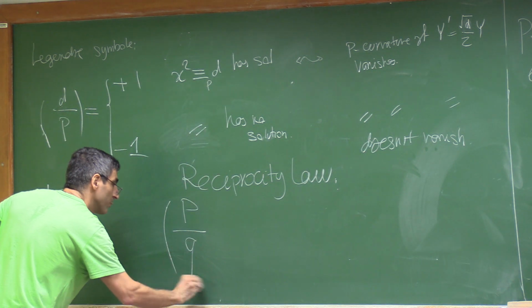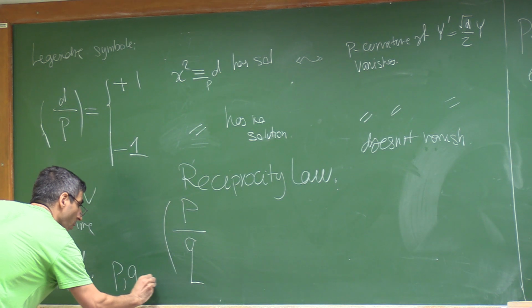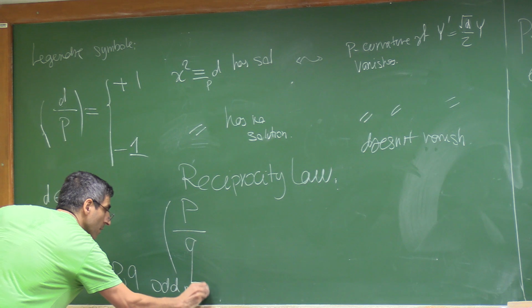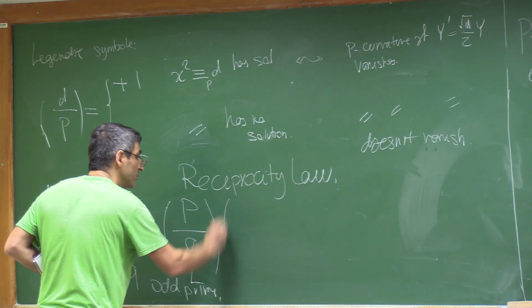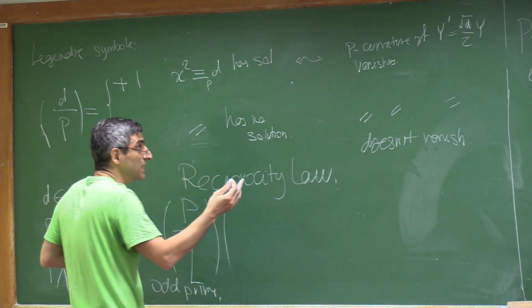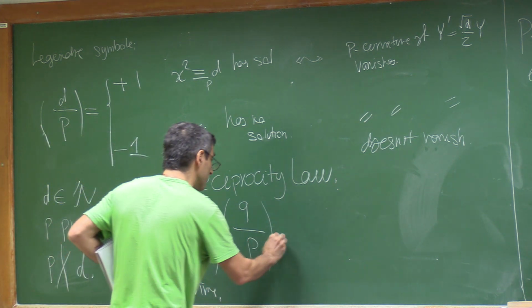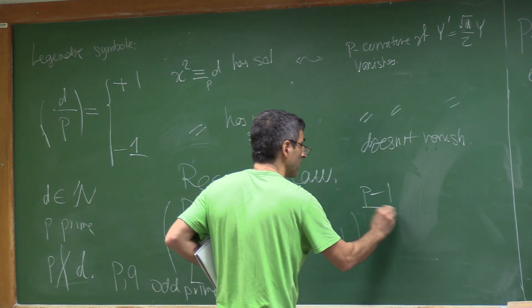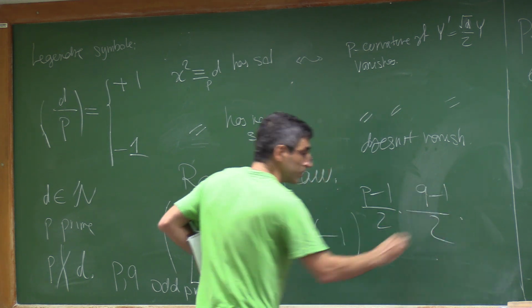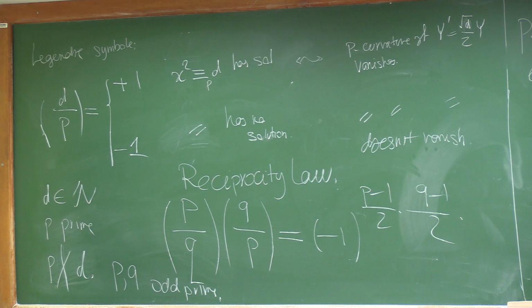If you take two odd primes p and q, then... I want to write this one because I think it gives some hint. Maybe there is more arithmetic involved in the language of differential equations. So this is the reciprocity law, apparently suggested by Euler and Legendre, but Gauss gave the full proof. Now there are 1,000 proofs for this statement.